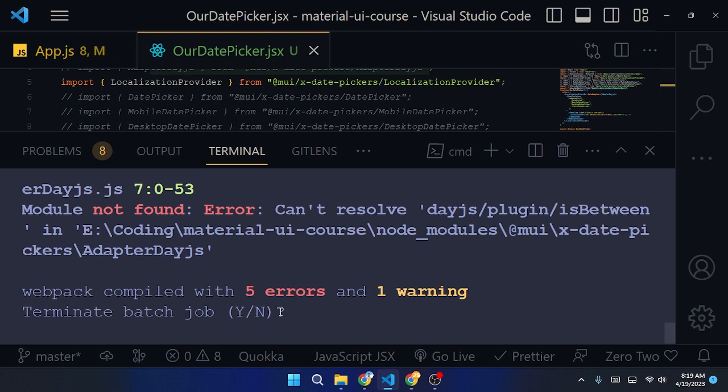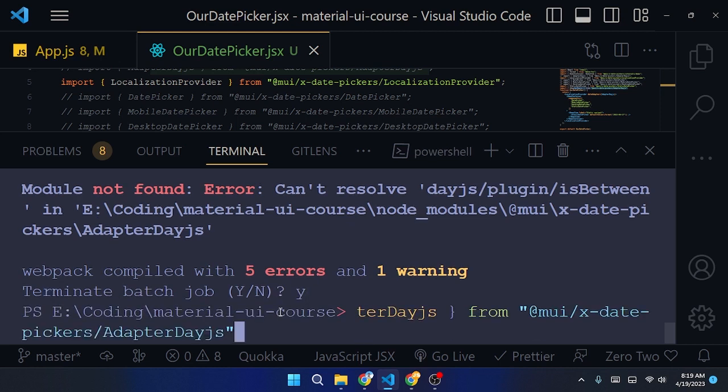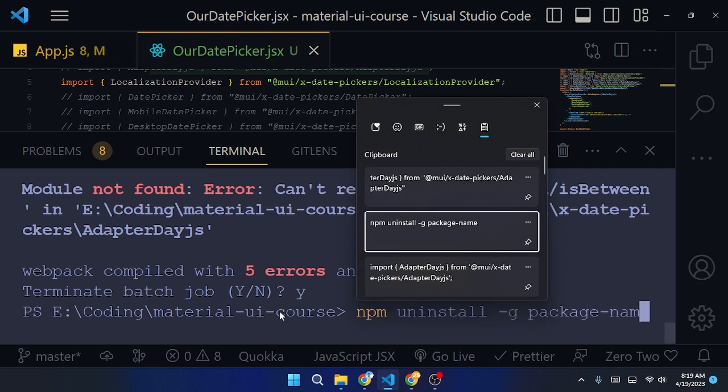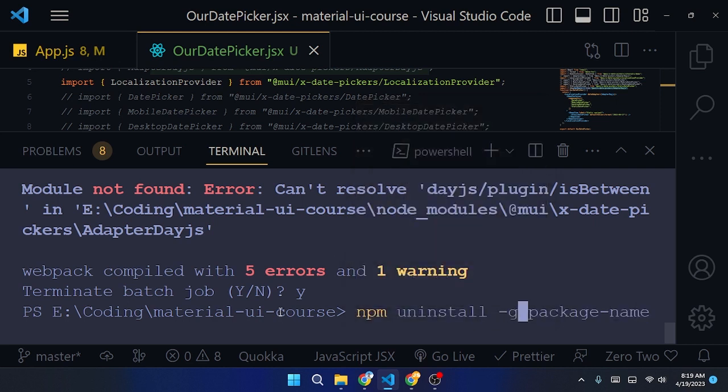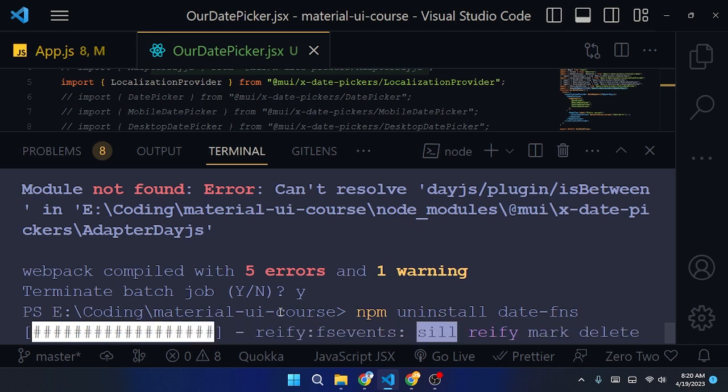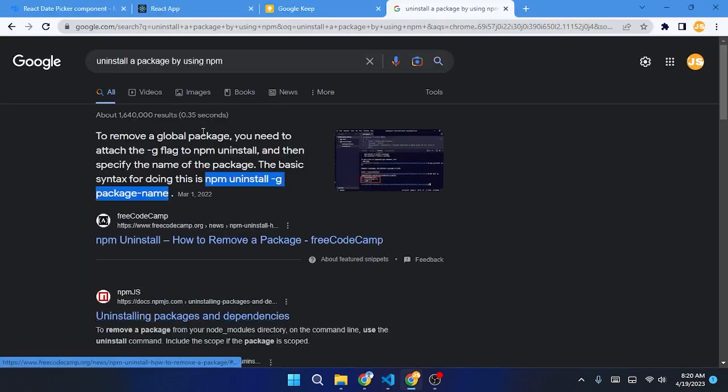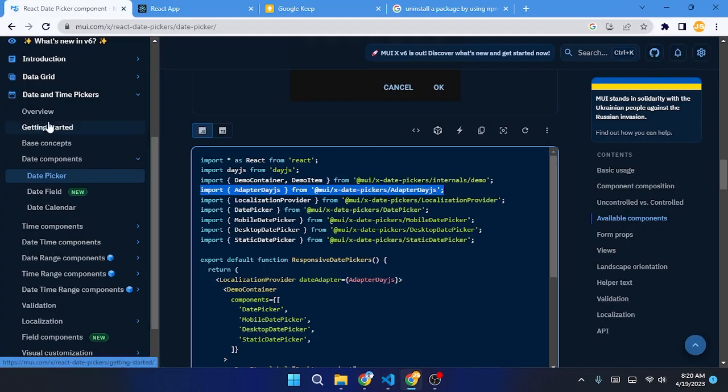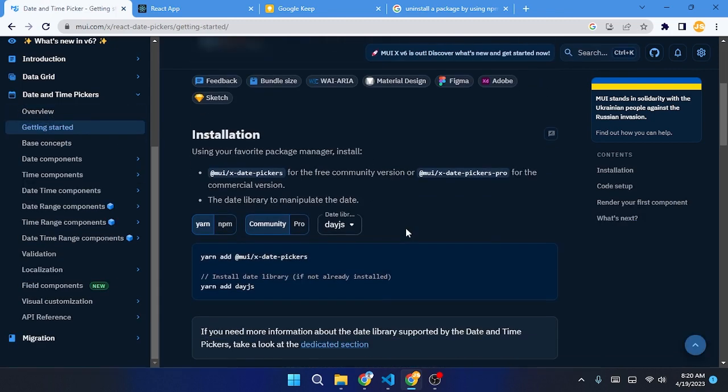What we want is date-fns. So we want to uninstall this one, and we want to install